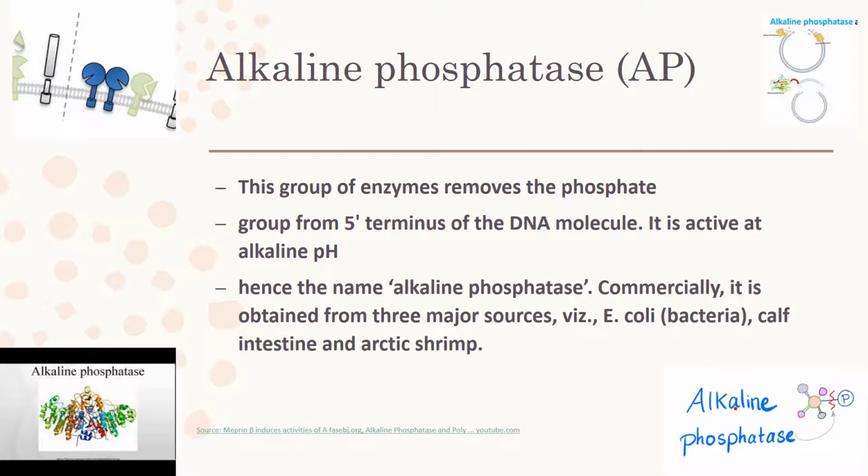The phosphate group and the OH group are used to form a phosphodiester bond. Alkaline phosphatase will remove this phosphate from the 5' end so that there is no formation of a phosphodiester bond. So, the linear chain will have 3' OH and the 5' end without a phosphate group. Now, a new gene of interest can be incorporated where the new gene's 5' phosphate binds to the 3' OH.